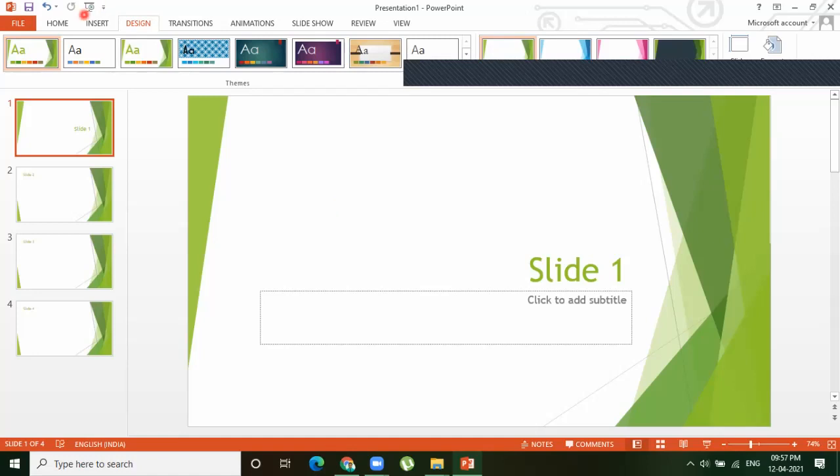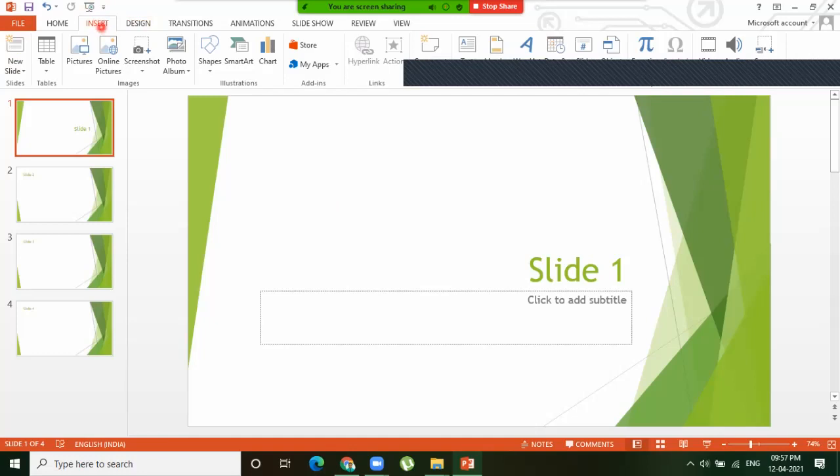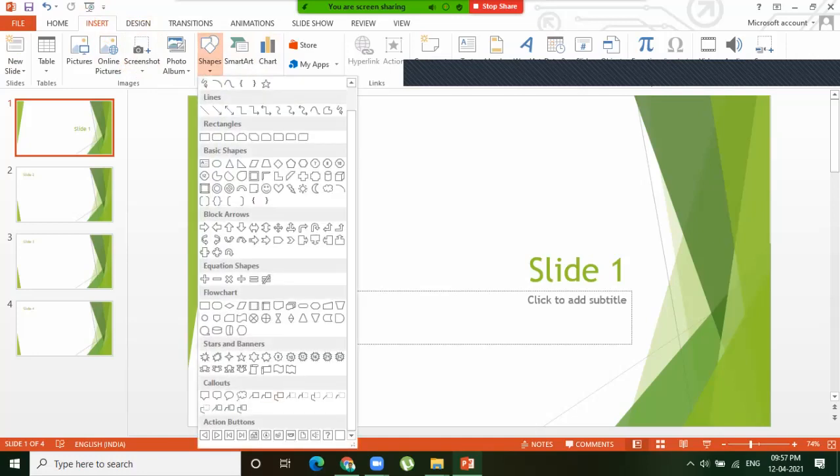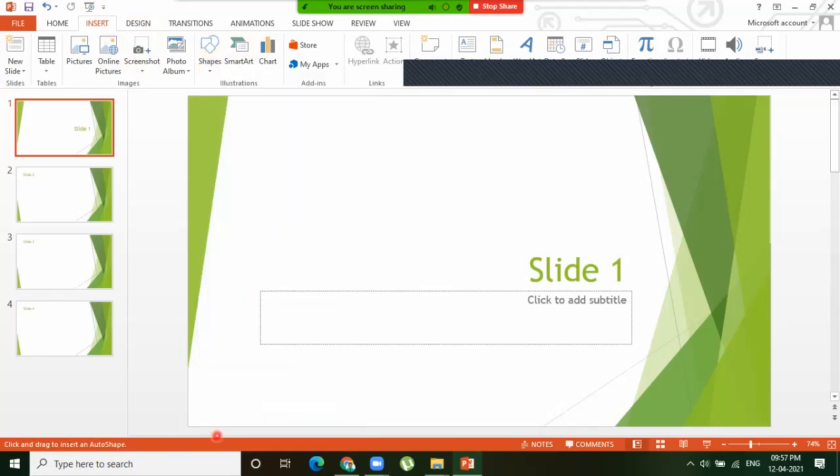See, practically we are going to know about it. Click on Insert tab. Under the illustration group, there is a Shapes button. Click on the Shapes button and go to the last. There is an option name called Action Buttons. Here there are different types of action buttons. So click on any one of the action button. Then your mouse pointer will be turned as a plus icon, and drag over the presentation to insert action button.